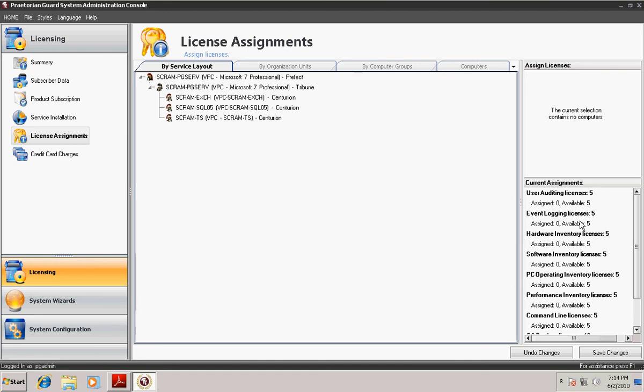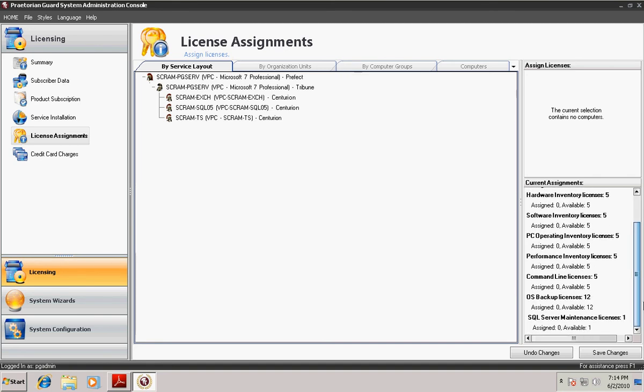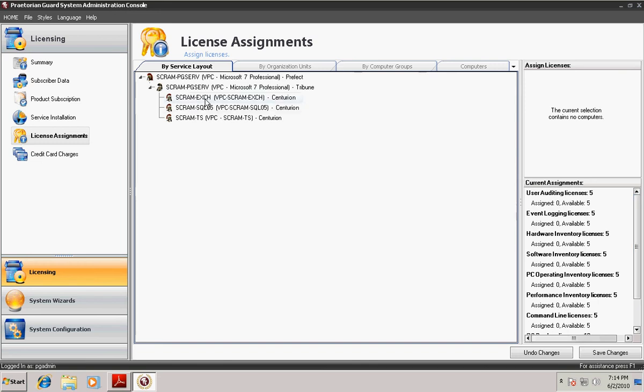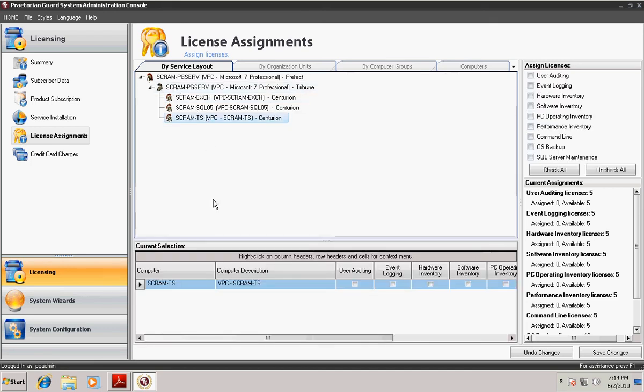Since we're in a trial mode, we can see it here over on the right. We can see how many licenses we have of each of the product's features. User auditing has 5 licenses, event logging, hardware inventory, etc. They're all populated down the side. So to begin with, we can choose any of our given Centurions, and notice the grid down here populates, or